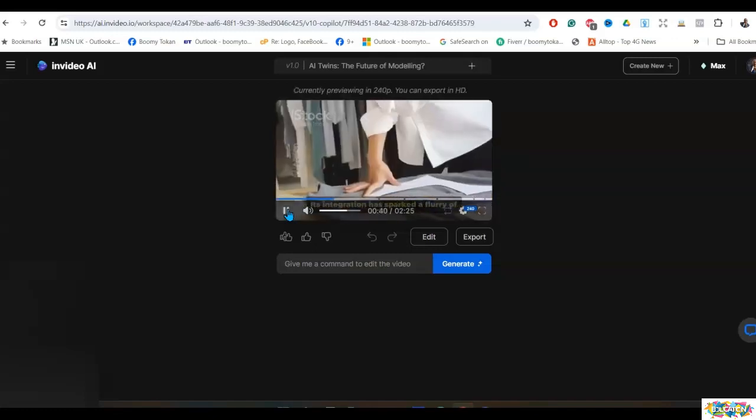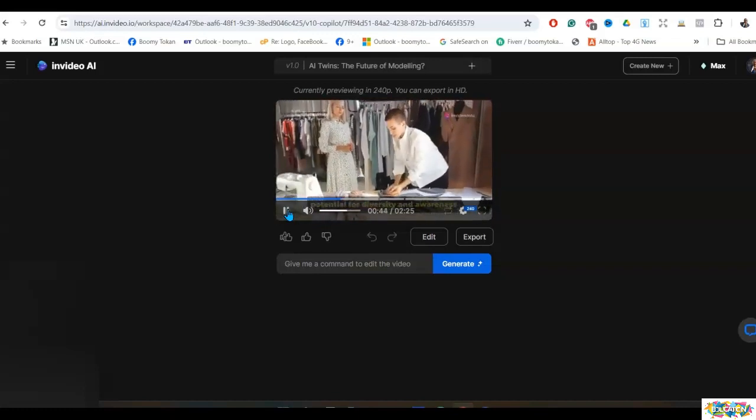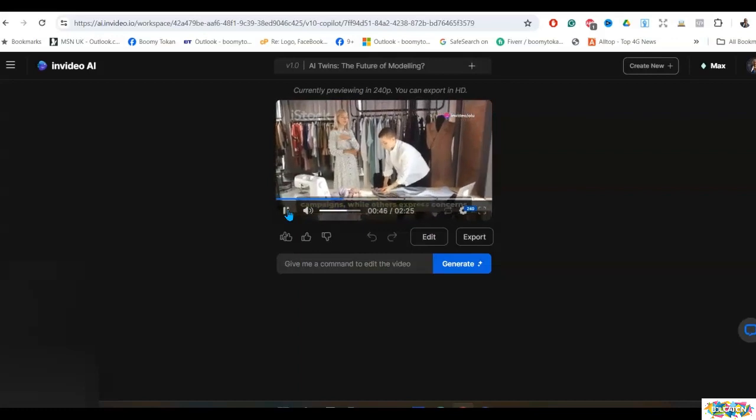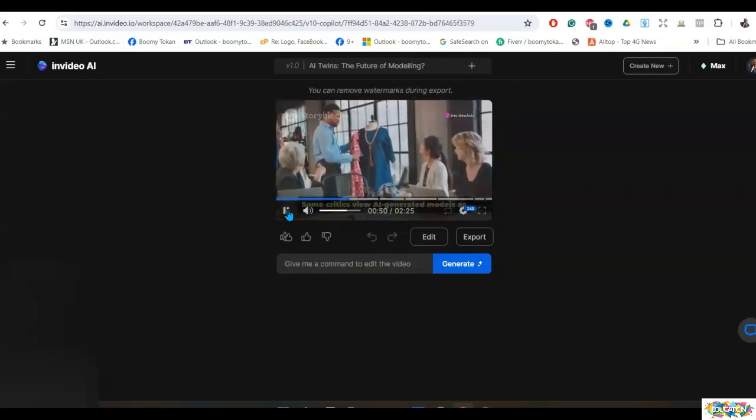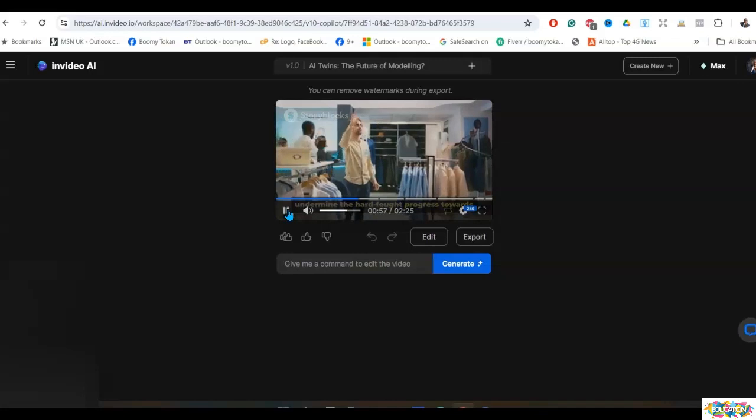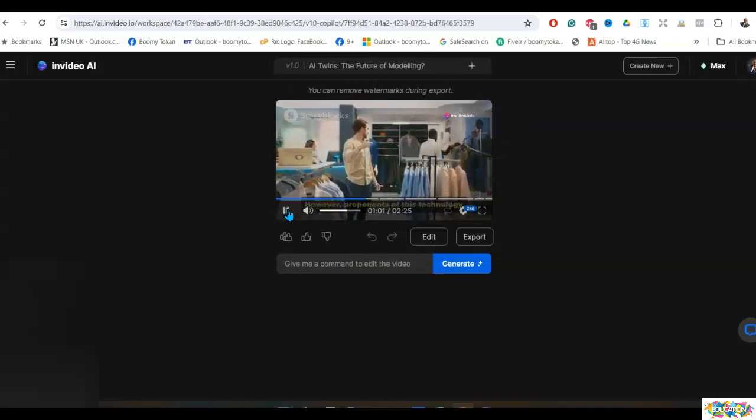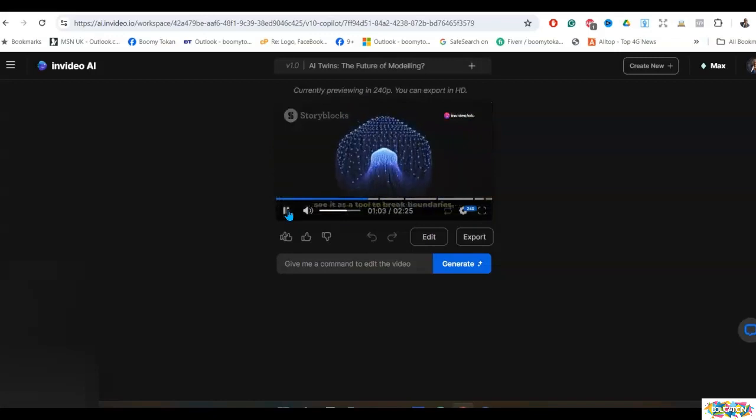Its integration has sparked a flurry of discussions, with some praising its potential for diversity and awareness campaigns, while others express concerns about job security and ethical implications. Some critics view AI-generated models as a step backward, arguing that they could undermine the hard-fought progress towards fair pay and conditions for human models. However, proponents of this technology see it as a tool to break boundaries, offering limitless possibilities for representation and